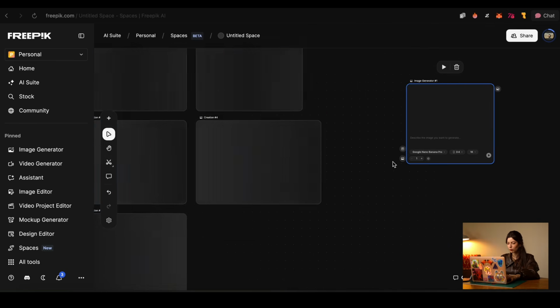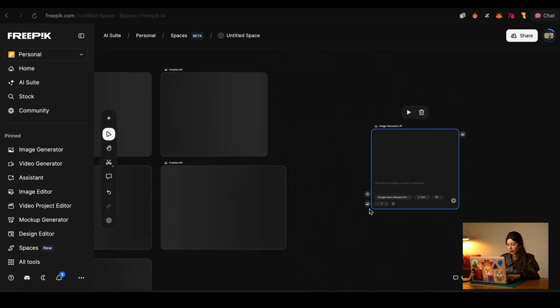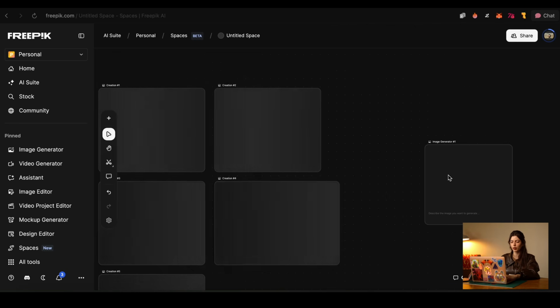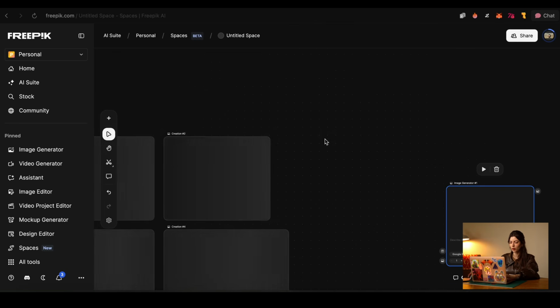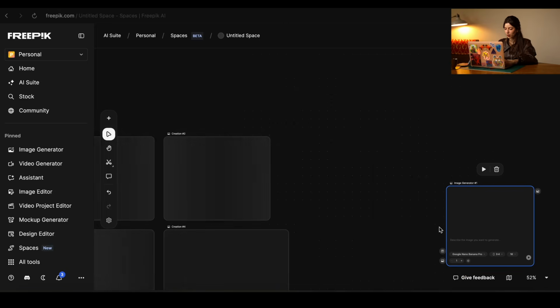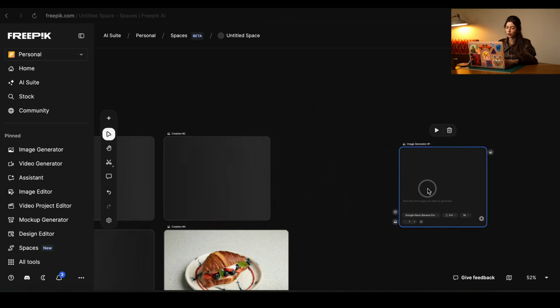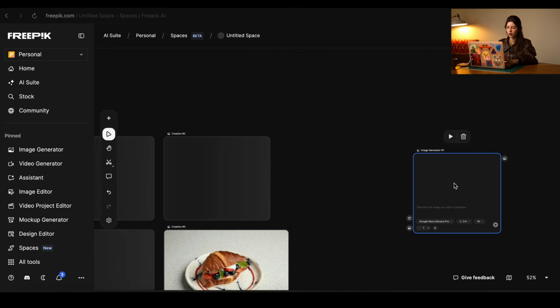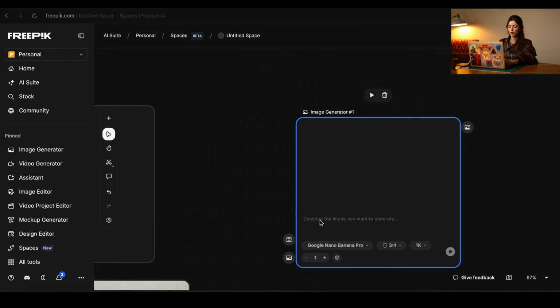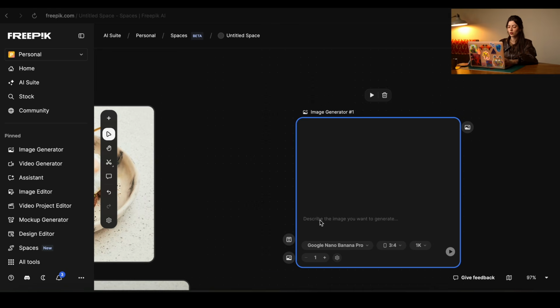What you want to do here is always look for the little image icon, which is going to be your reference. Once the images are uploaded, we're just going to connect them here. While that happens, we can work on the prompt, so you can either just type it in here or use the assistant. We can try both and see the difference of how they work. So I'm going to describe what I want to see, which is